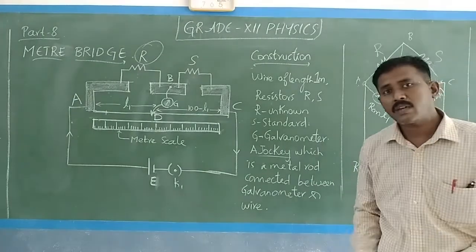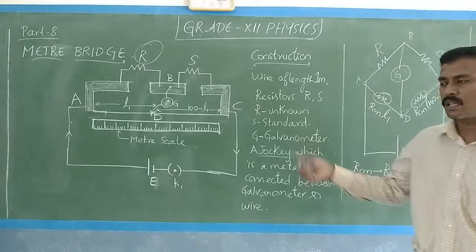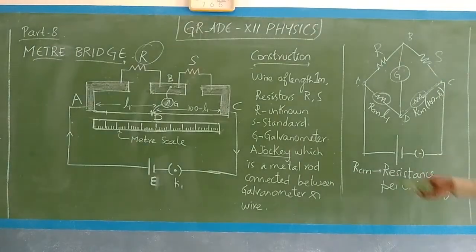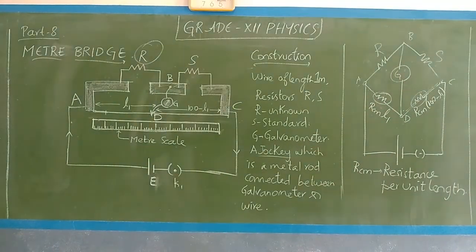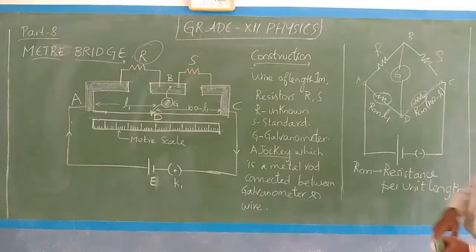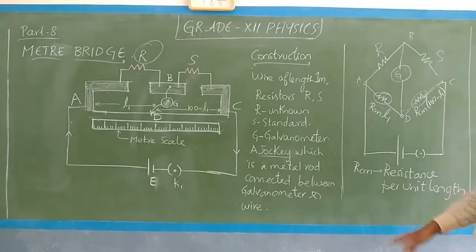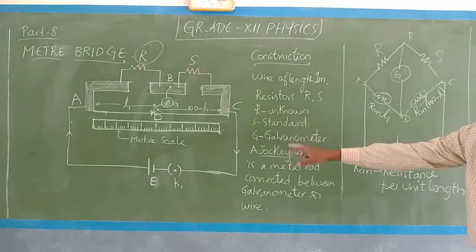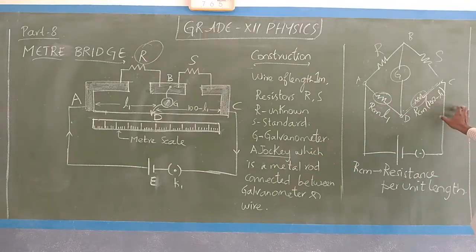So what is the equation for the Wheatstone bridge? That I will come to. I will erase this, so I will just move from the board. You can pause the video and copy this. Please pause the video and draw this analogous diagram as an electrical circuit. I have drawn the construction, and here it is as an electrical circuit with the resistors. So please draw this. Only then can you derive the equation very clearly.